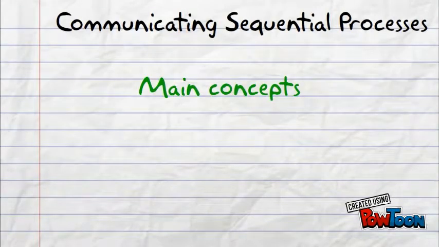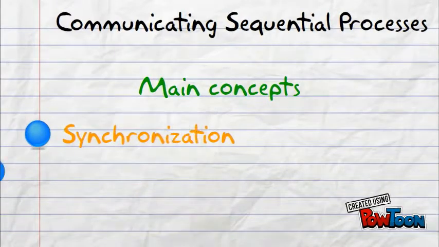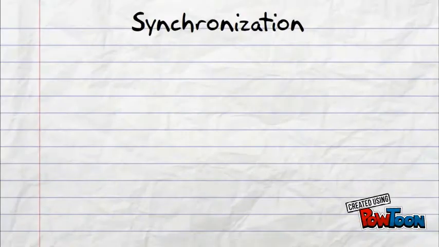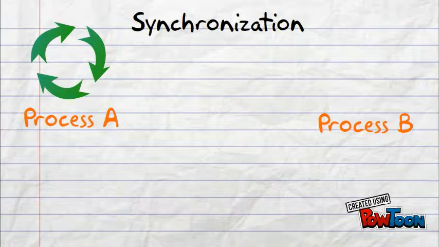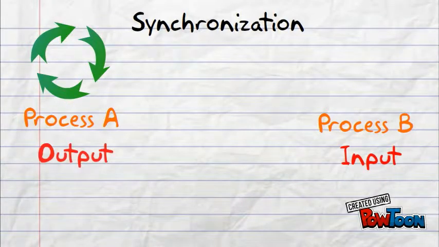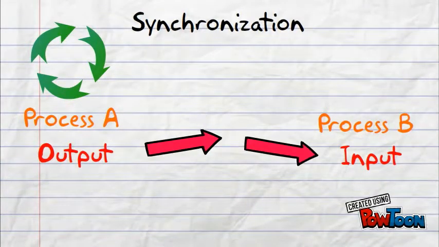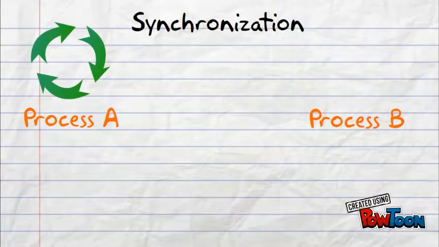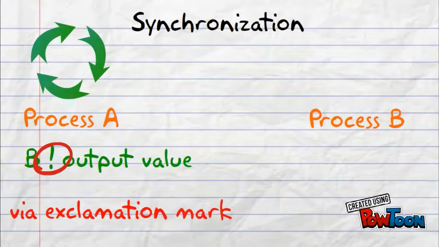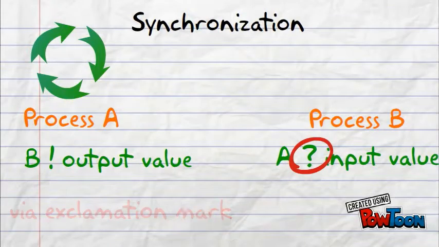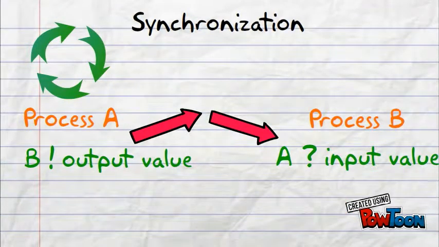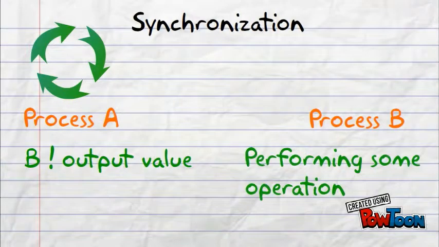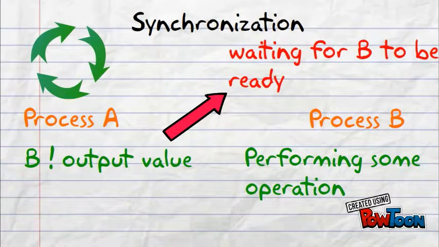The basic idea of CSP consists of two main aspects: synchronization and guarded commands. Multiple concurrent processes are allowed to synchronize with each other by synchronizing their input and output. It happens as described on the next slide. Process A states that it is ready to output to process B specifically, and process B states that it is ready to input from process A specifically. If one of these happens without the other being true, the process is put on a wait queue until the